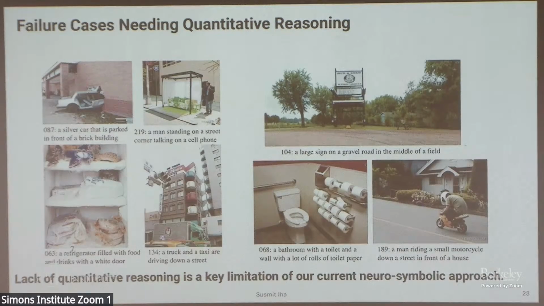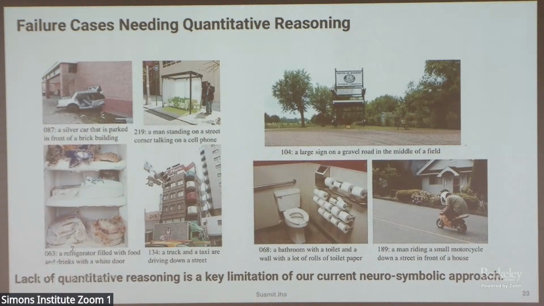I see. Speaking of failure cases, I think for the gravel road, that caption seems to have missed the point in some sense, right? Of what makes this image. Yes, all of these are the same. No, but I would argue that 189 is reasonable. It's saying it's a man riding a small motorcycle. It's not implausible. I think your comments are making a very good point here, that as we make this architecture and AI in general smarter, we are walking into subjective territory where what is correct from one human to another would also differ. Now, how do I define correctness becomes questionable. For many people, if you look at this particular bike, they will say that this is an unusually small bike.